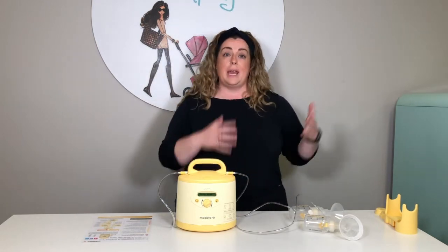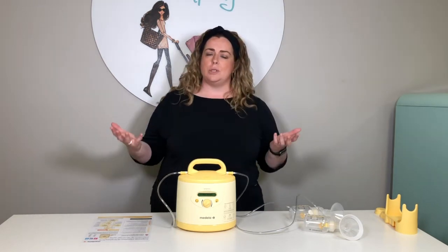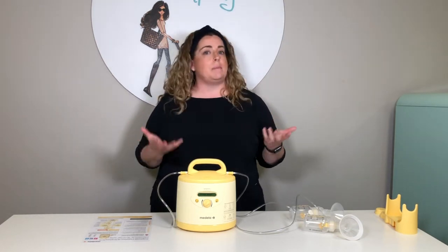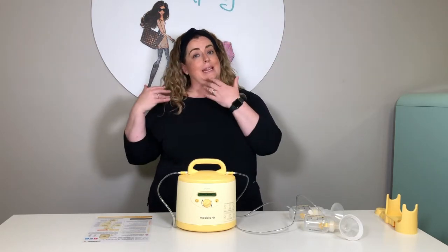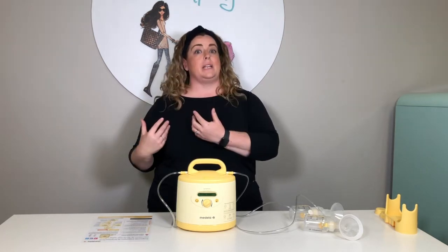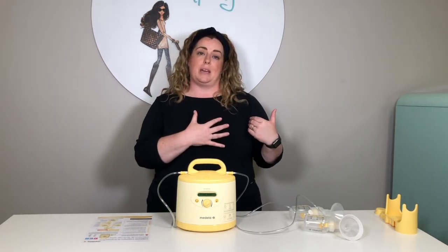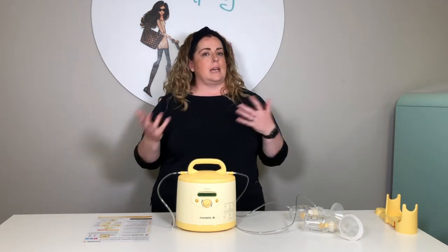First of all, you can have babe on the left and you can pump on the right. Why would you do that? Well, it might be convenient in terms of time. It might also be because you get the letdown that you need because babe is on one side and your body is automatically responding to babe being on the other side. There are lots of reasons as to why you would use it as a single pump or a double pump,